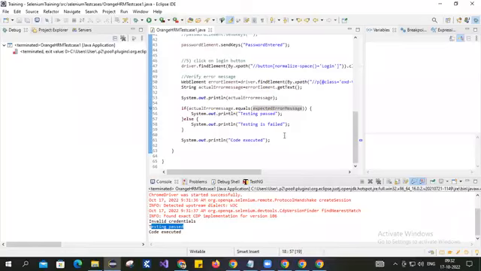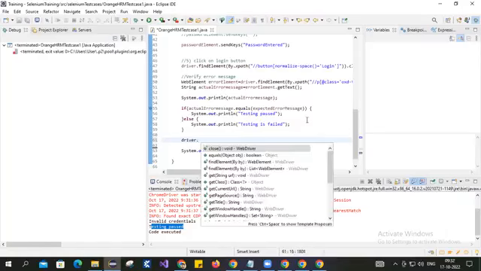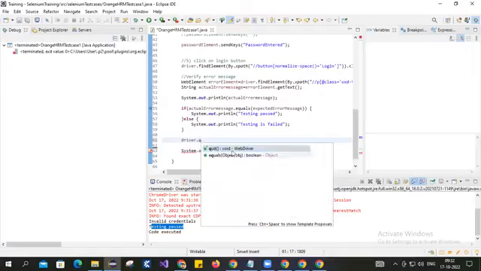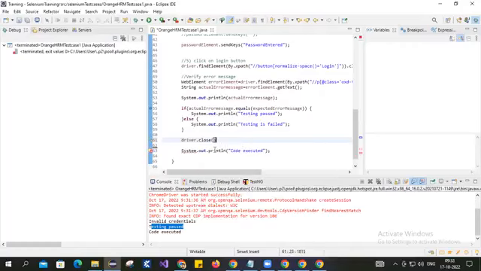After our code is executed, let's say we just want to close the browser. How to close the browser? Here we have the driver dot close method to close a browser, and there is a quit method as well. So the difference between close and quit is, driver dot close would just close